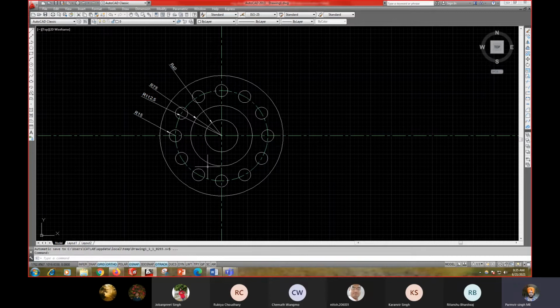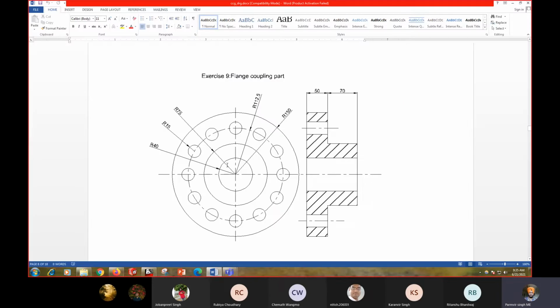Now next, you have to create the left side, that means the side view of the flange coupling part. In this you can use the line command, or you can use the offset command.